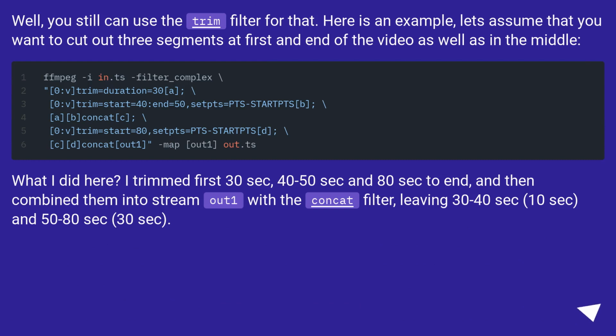Well, you still can use the trim filter for that. Here is an example. Let's assume that you want to cut out 3 segments at first and end of the video as well as in the middle. What I did here, I trimmed first 30 seconds, 40 to 50 seconds and 80 seconds to end, and then